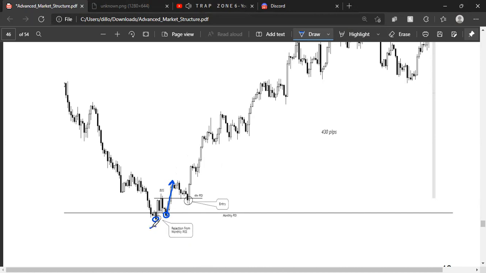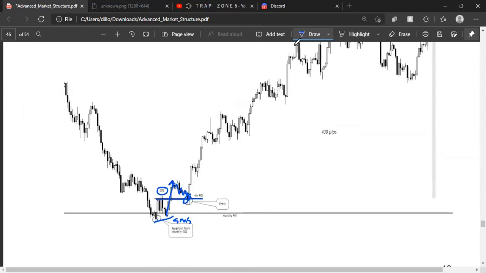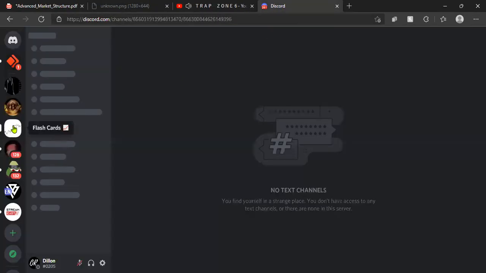So what do we have? We have, sorry, we have a shift in market structure and a break of structure, right? So we would expect price to retrace back into that area. And so, yeah, the funny thing about this setup right here is if